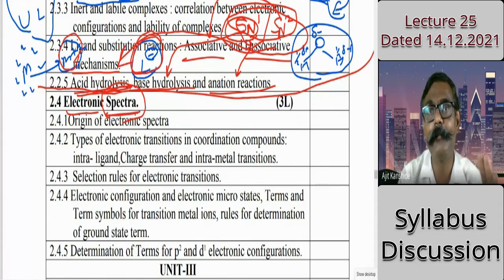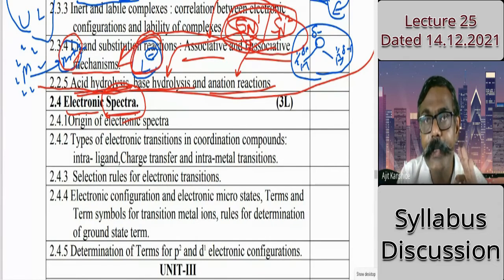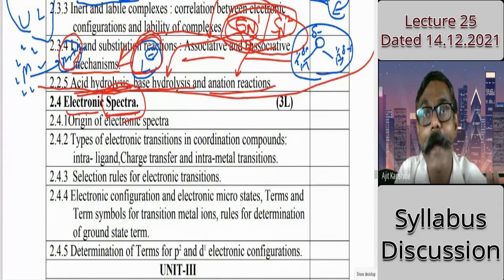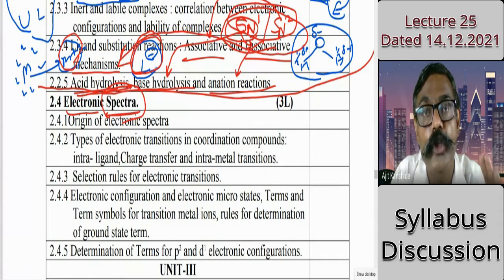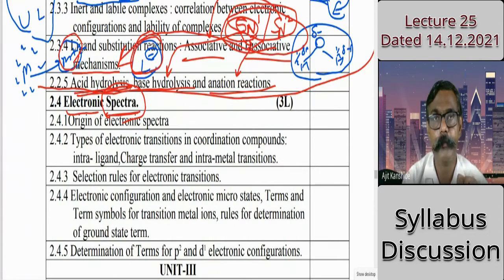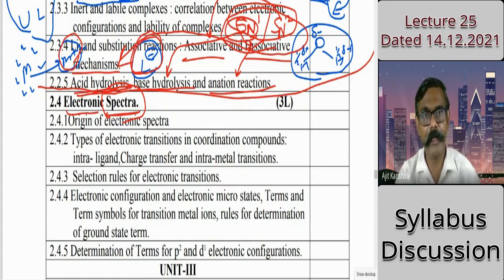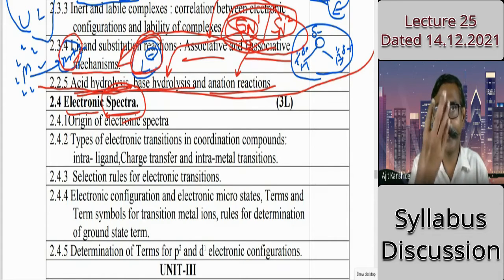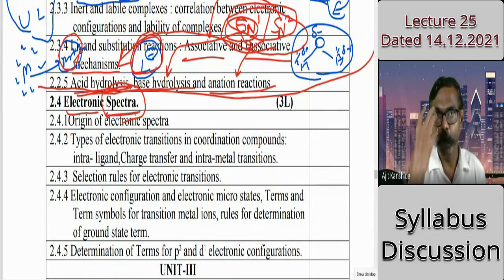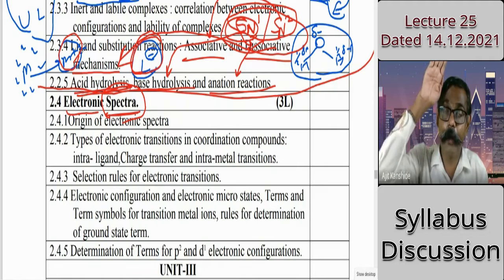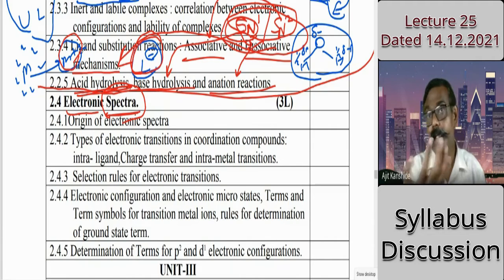So spectrum is an understanding of electromagnetic radiation absorption or emission. Few students have seen the flame photometry experiment. In flame photometry, because of the potassium ion, the flame color was changing, right? The emitted color was different. That's an emission. So if an electron from high energy comes to low energy, emission will be there.